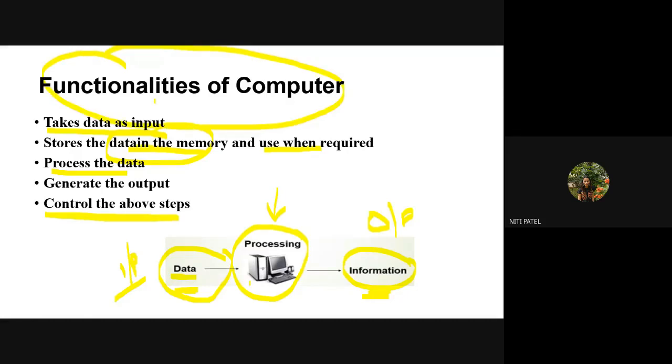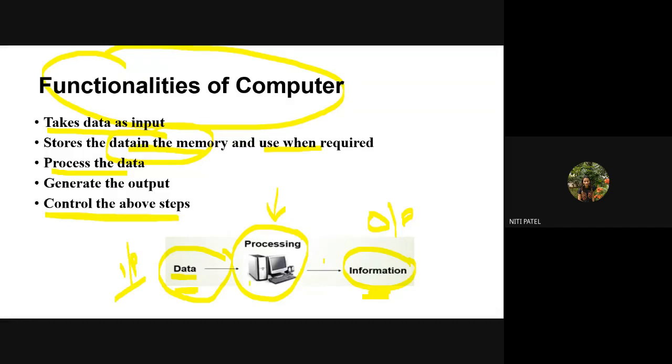So you give an input which is called data. It will store the data in the memory, that is retain it in the memory, until the request for processing has come. Once the request for processing has come, the CPU will process the data. Once the processing is done, it will generate the output which is called information. It will again go into the program and check whether the end has come or not. If the end has not come and there are more functions to be performed, the same steps will be controlled in a loop. Once it has reached the end of the program, it will stop the execution of that particular program given by the user.